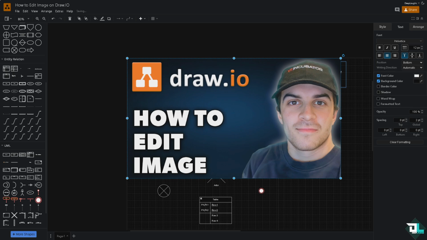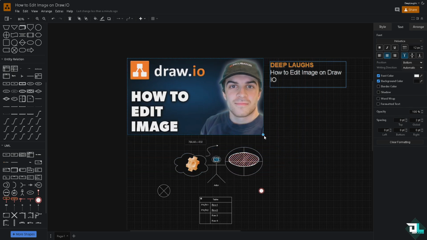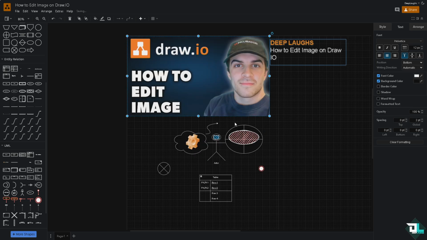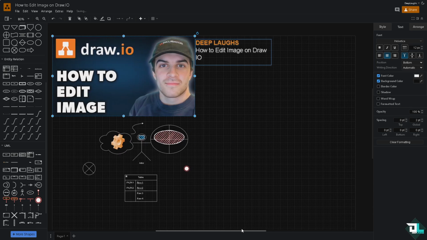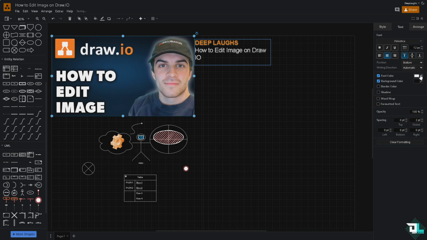Now, once the image has been added, one of the easiest ways for you to edit is basically using the crop factor here. You can resize the image to position it accordingly as part of your diagram to make it interactive. That's one way. Now, knowing that, another option that you can do is go to the diagram